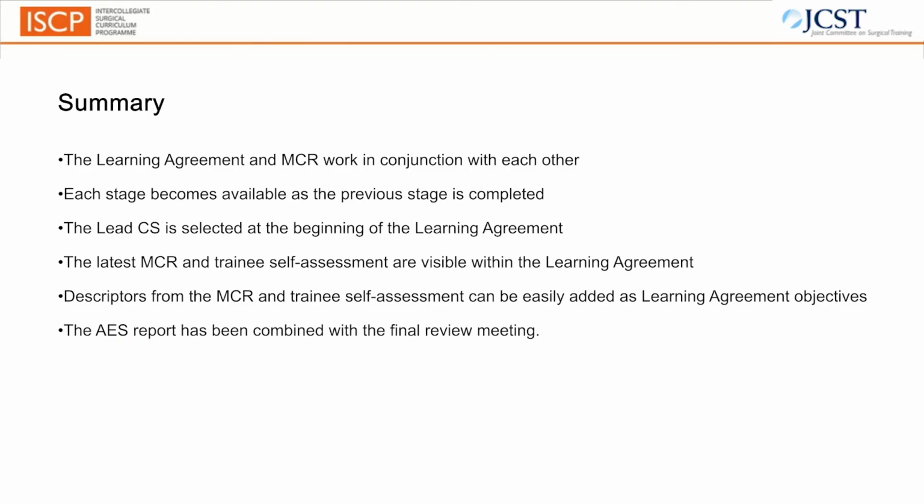In summary, this video has shown how the learning agreement will change, how it should be completed, and how it will work with the new MCR. The learning agreement and MCR work in conjunction with each other. Each stage becomes available as the previous stage is completed. The lead CS for the MCR is selected at the beginning of the learning agreement. The latest MCR and trainee self-assessment are visible within the learning agreement, and descriptors from them can be easily added